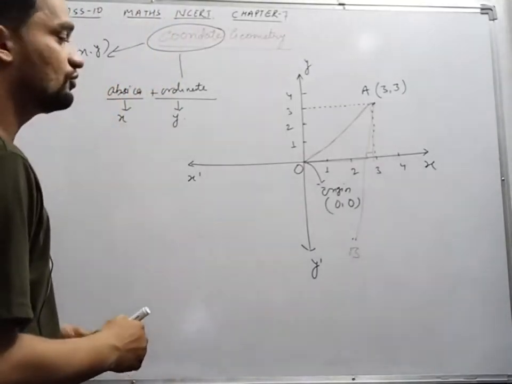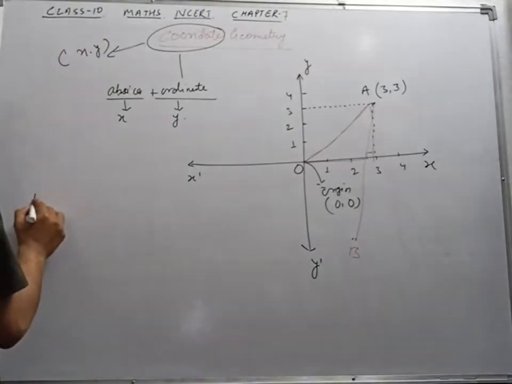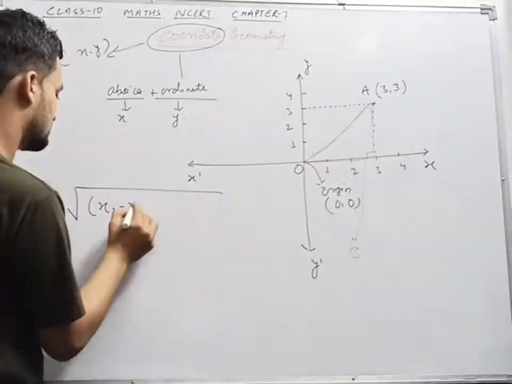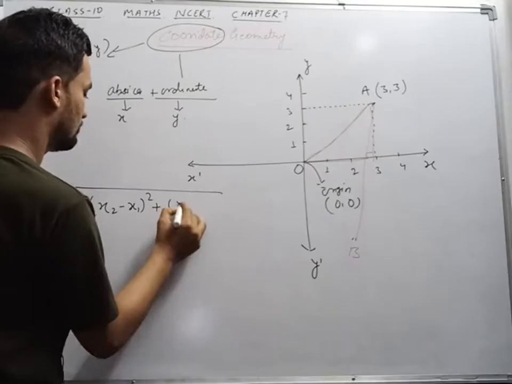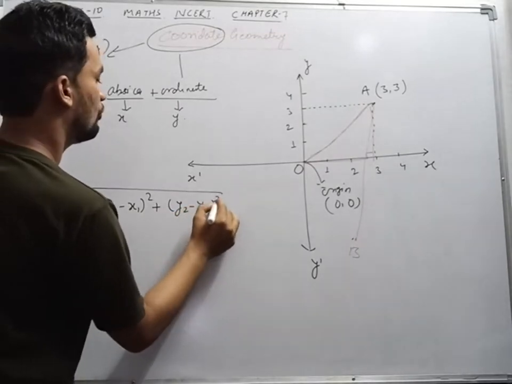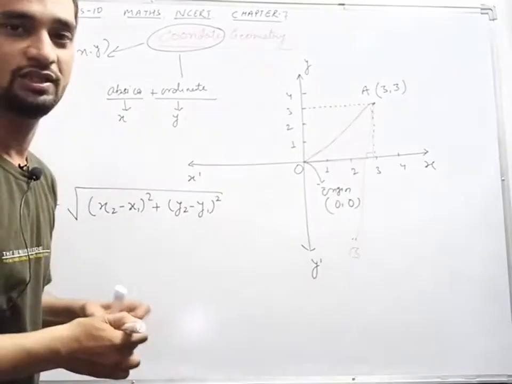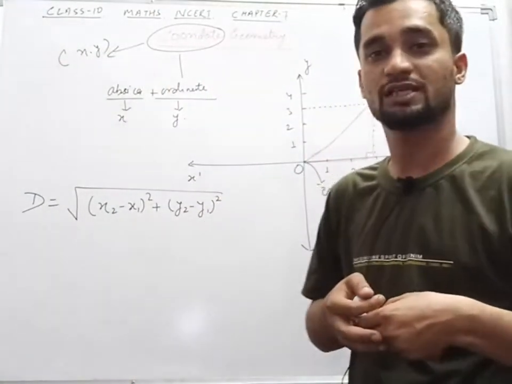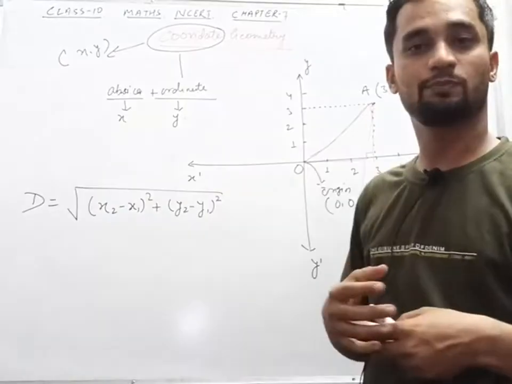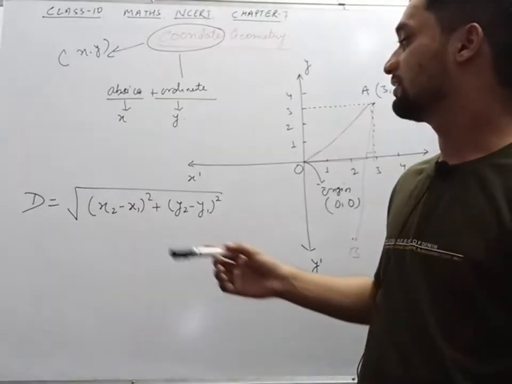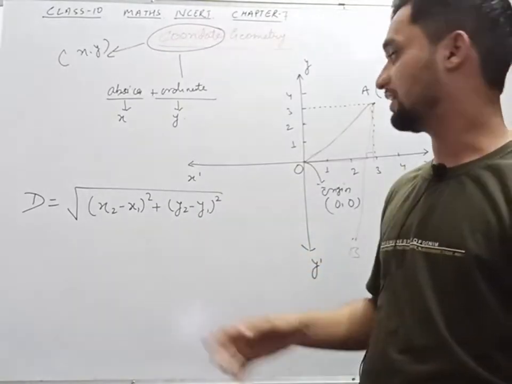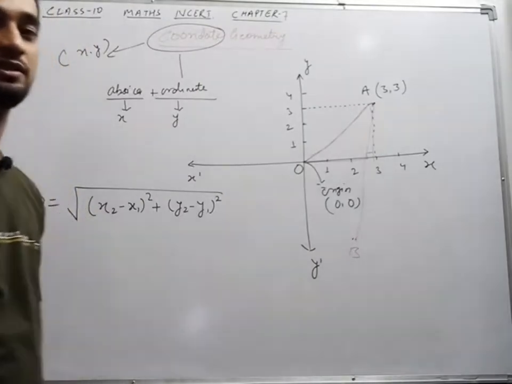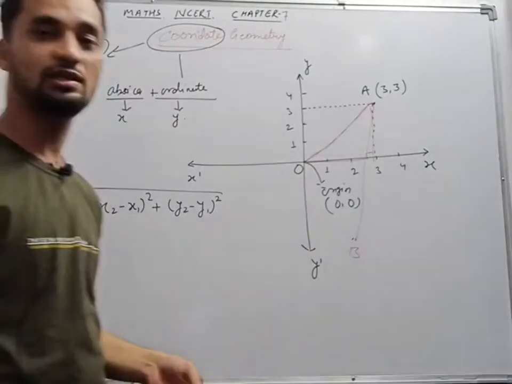For that we use one formula, that is known as the distance formula. What we do is x2 minus x1 whole square plus y2 minus y1 whole square. This is for 2D, two-dimensional. In class 11th, when you have the three-dimensional chapter, one more plane, the z-axis, will be added, then the formula will be extended, plus z2 minus z1 whole square. But we are discussing class 10th, so we have the 2D syllabus.